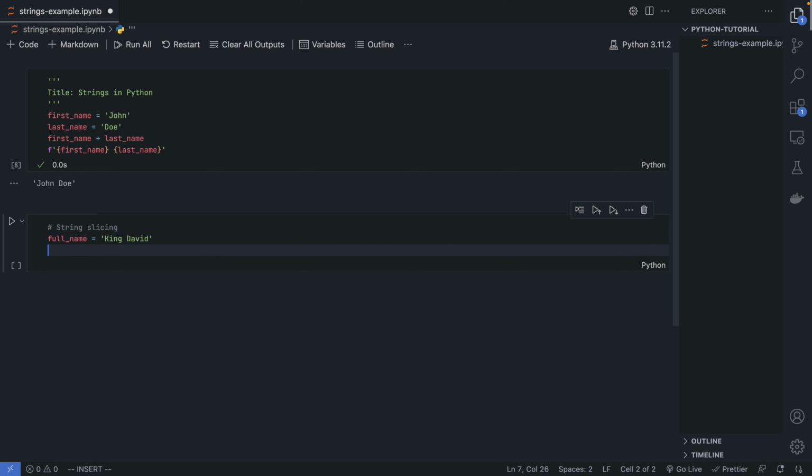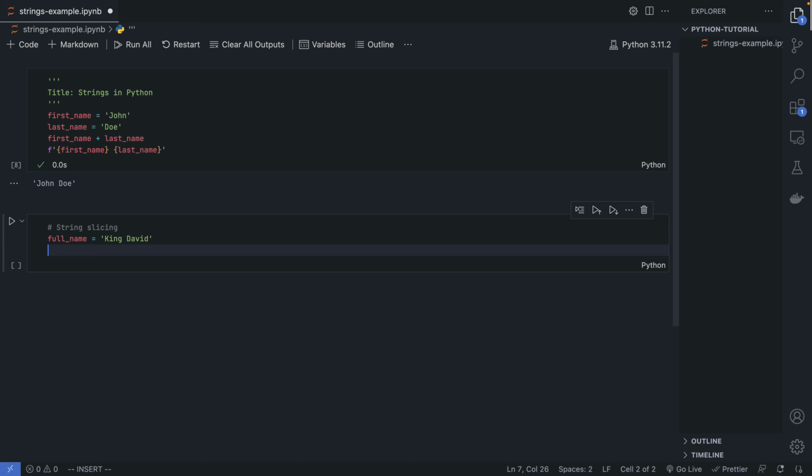So King David will be the full name. Now I can make use of string slicing to create a substring. String slicing is the process of creating a substring out of